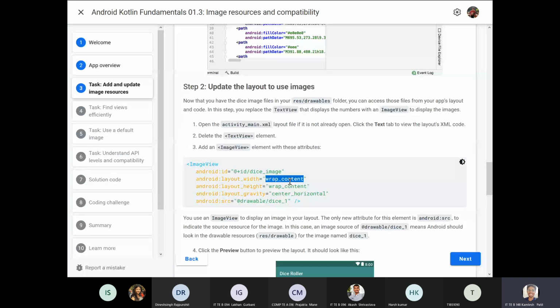you can use similar features, since we want it in the center of the horizontal line. We want it to wrap the content, which means the height and width would be the same as the image as it is. And the source of the image should be drawable slash dice_one,